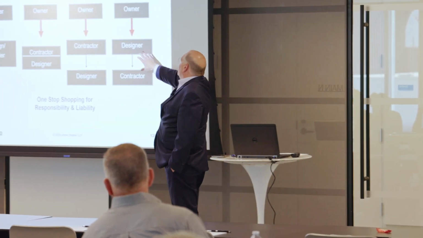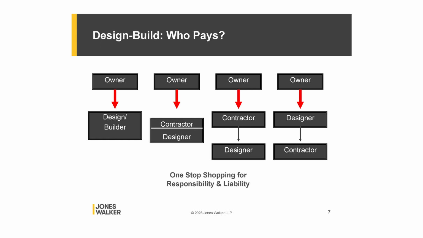Now we're gonna go to the other extreme. Who pays for defective design in design-build? And pretty much there, it is one-stop liability. It's generally the design builder who is gonna pay for defective design, regardless of the structure of the agreement, unless other things happened. And I won't be able to go through all these slides. There's other slides that you'll get that talk about specific cases that demonstrate how in design-build, the owner was still liable for elements of the design. So the terms of the contract are gonna apply.